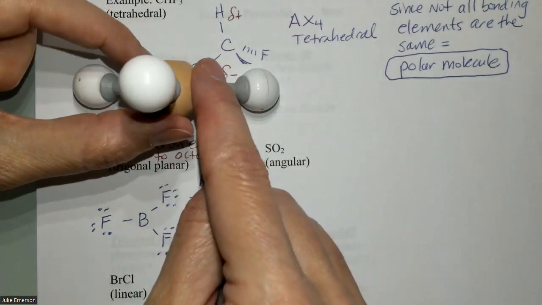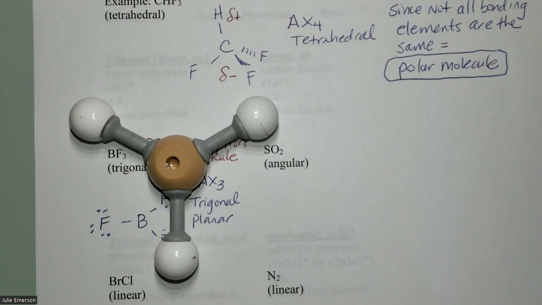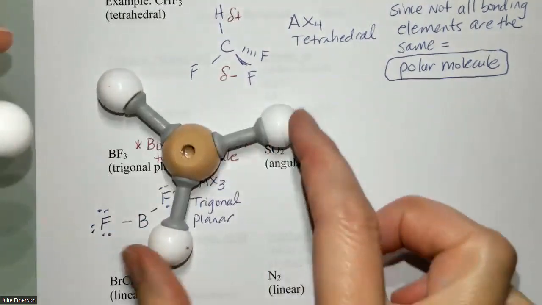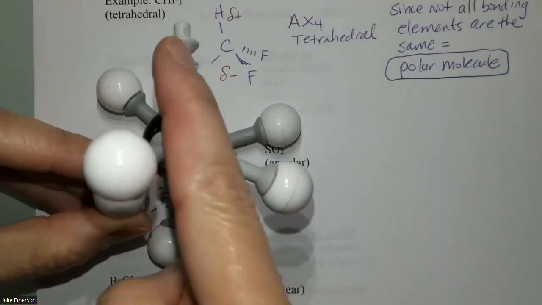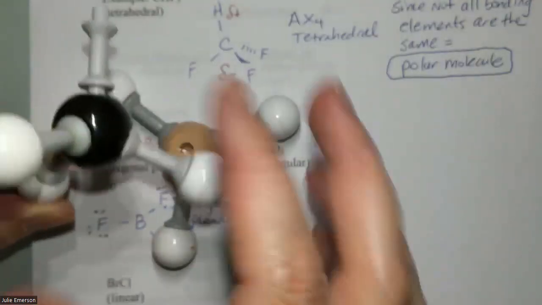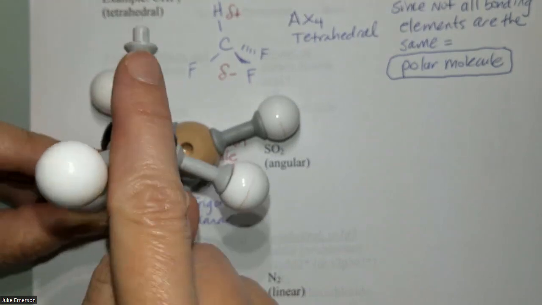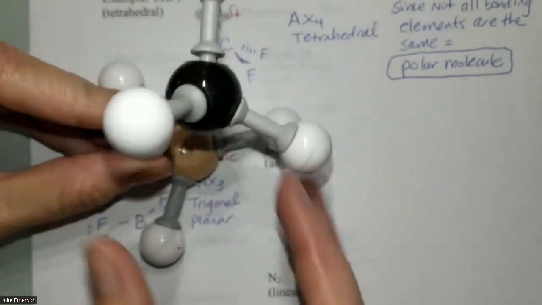Now, we saw this earlier. If there was a lone pair at the top, then what happens is you'd have your 3 bonding elements squished down because that lone pair is repelling it. So this is AX3, 1, 2, 3, E, right? That's trigonal pyramidal because it's in a pyramidal shape. This one here, the boron trifluoride, refocus,